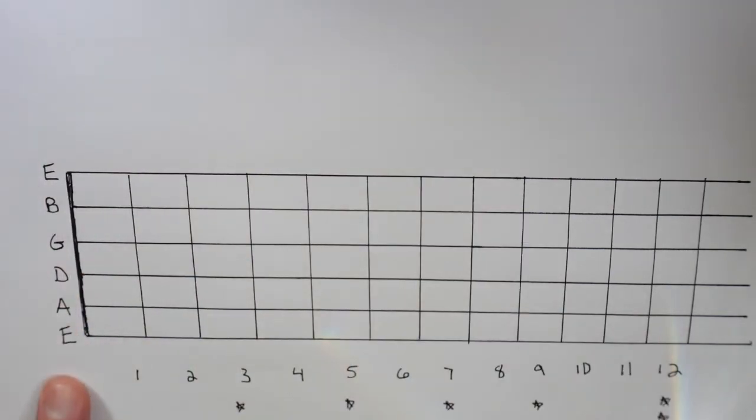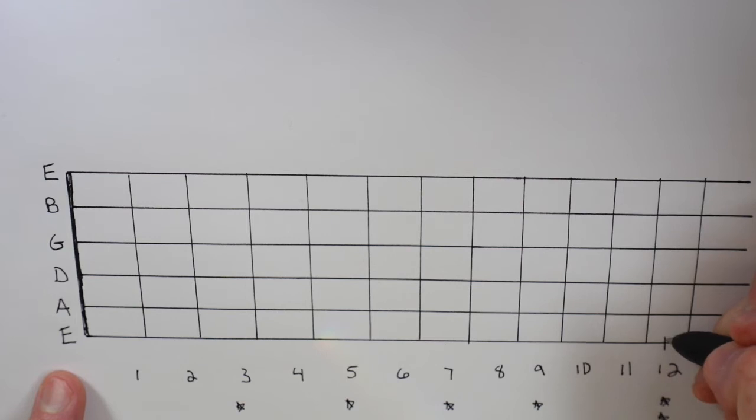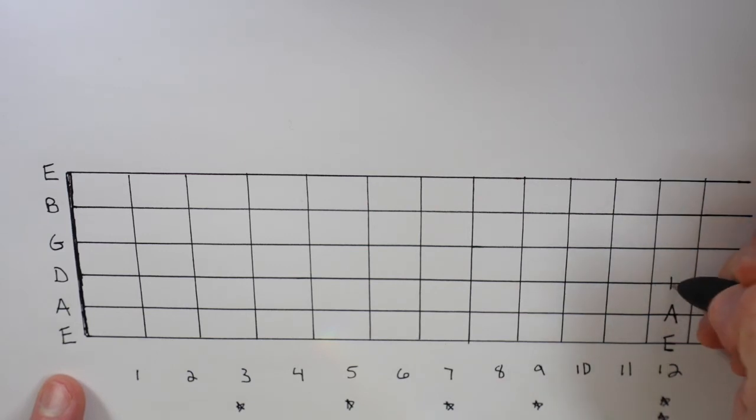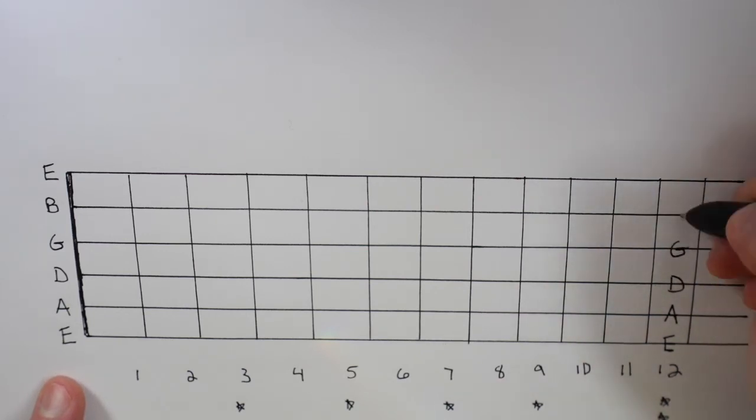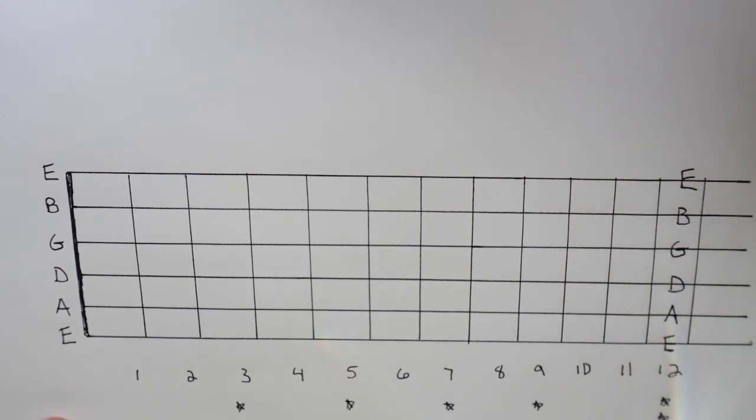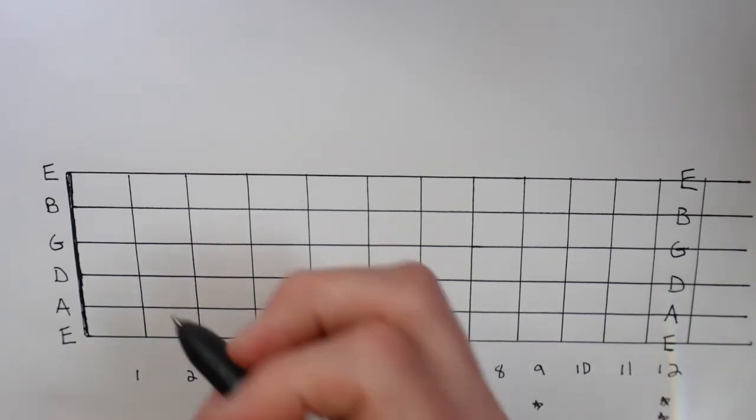Okay, good. So we know those, and guess what? Those are all the same at fret 12. Remember, those are our octaves up on 12. So here's our E again. Follow the same order. There's A, D, G, B, and E. Nice. Okay, and what we learned today, all the notes on the A string, so fret 2